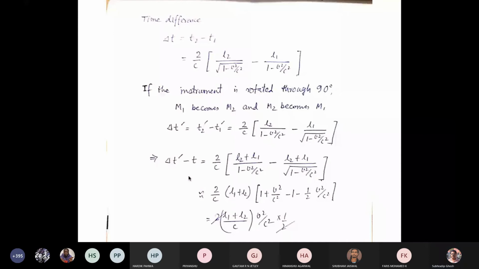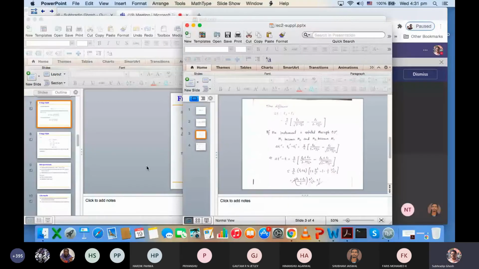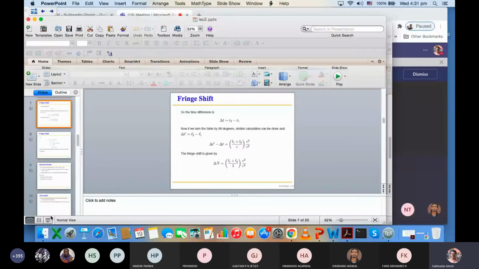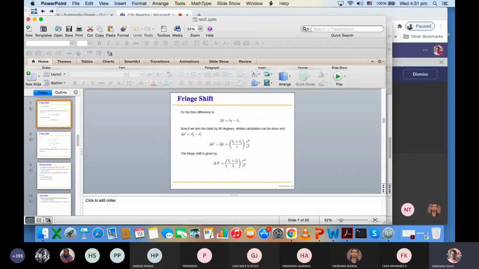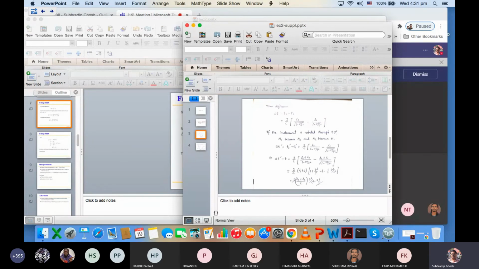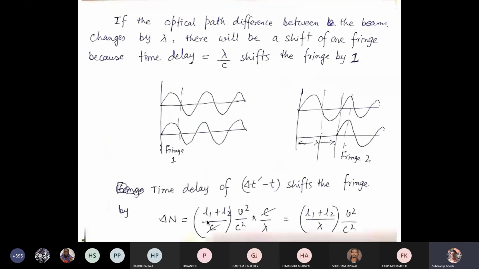Okay, fine. Now let's see, what does this mean for us? What does this mean for the experiment that we are carrying out? Now, a phase difference, what does it introduce? Let's see. If the optical path difference between the beams changes by a wavelength, lambda, what would happen? There will be a shift of one fringe, because a change in path of lambda, if I now convert